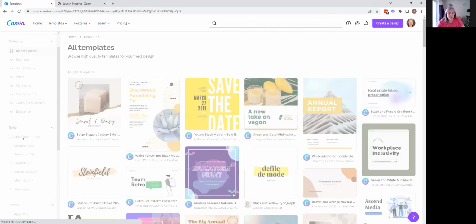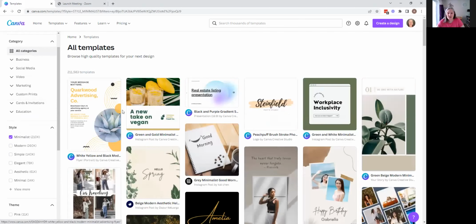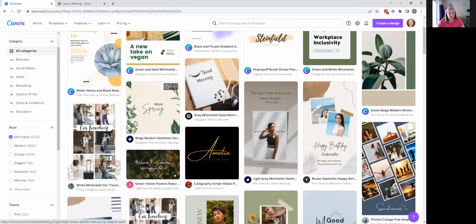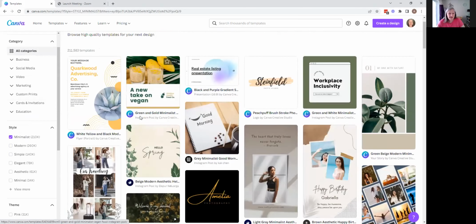So let's have a look at minimalistic. I can't say that today. And in here you can see there's various types that you can use, from Instagram posts to presentations, and you can see underneath it tells you what these are, flyers, and we've got